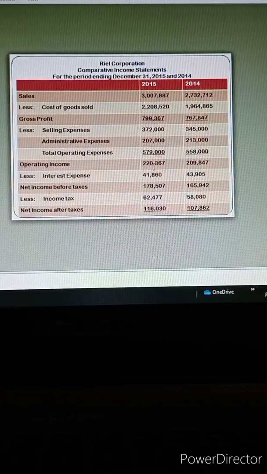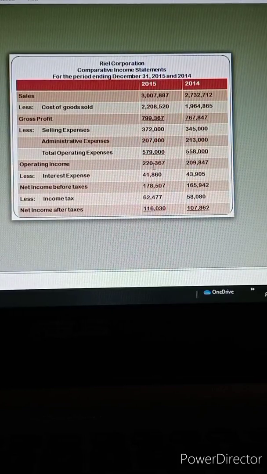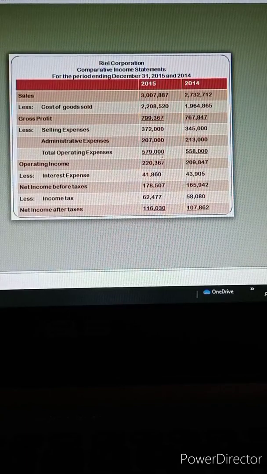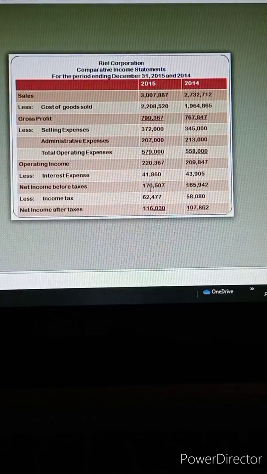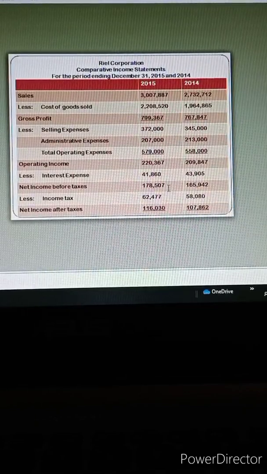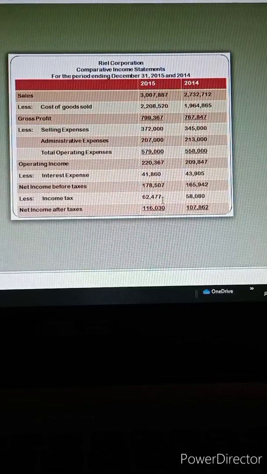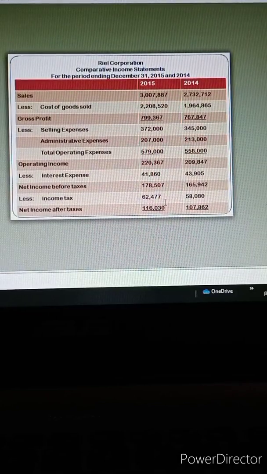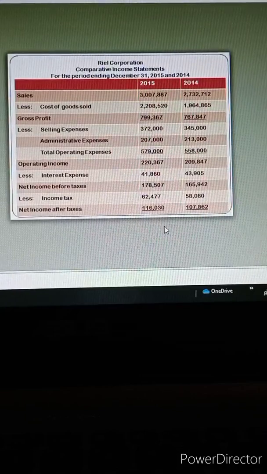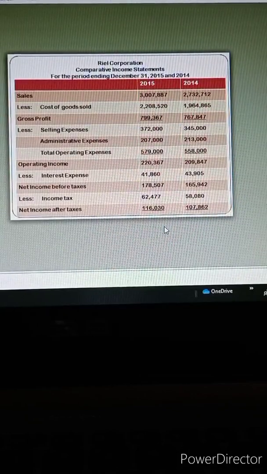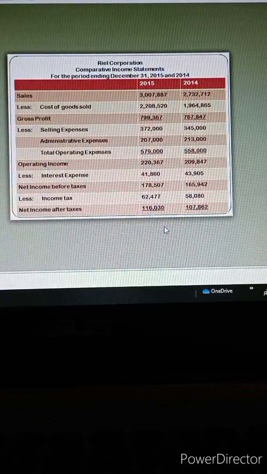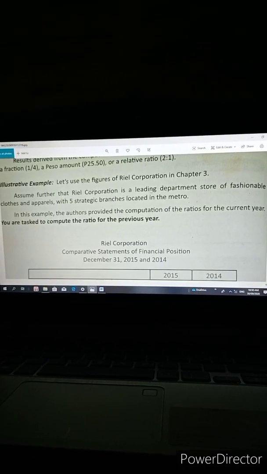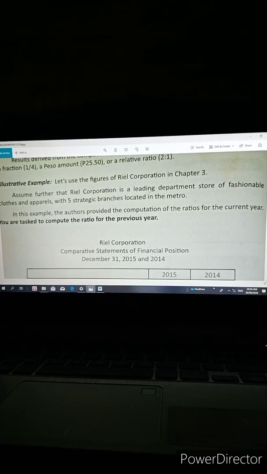220,367 for 2015 and 209,847 for 2014. So from this amount, you have to deduct the interest expense, which is 41,860 for 2015, for example. Then it will result in the net income before taxes of 178,507, and then deduct again the income tax, since this amount is before the taxes. So deduct the income tax, which is 22,477, and it will result in the net income after taxes, which is 116,030 for 2015 and 107,862 for 2014. Assume further that Real Corporation is a leading department store of fashionable clothes and apparels, with 5